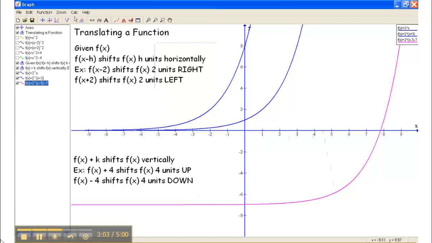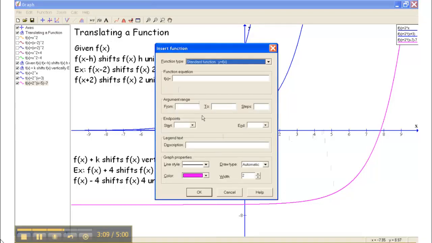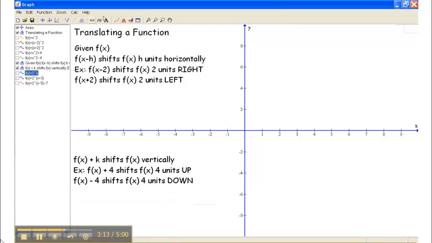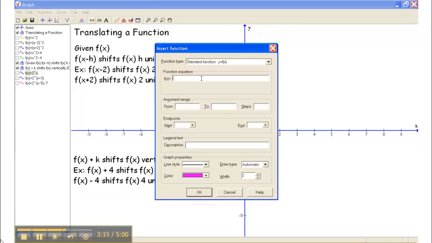What about, this is a little bit beyond translating, this is more of transformations, but what if we, actually let's not look at these for now. What if we multiplied a function by something? Let's go back to our x squared example. And what if I multiplied x squared by 2? What do you think that's going to do? I didn't add or subtract anything to the x coordinate or afterwards, so it's not going to shift it at all. But that 2